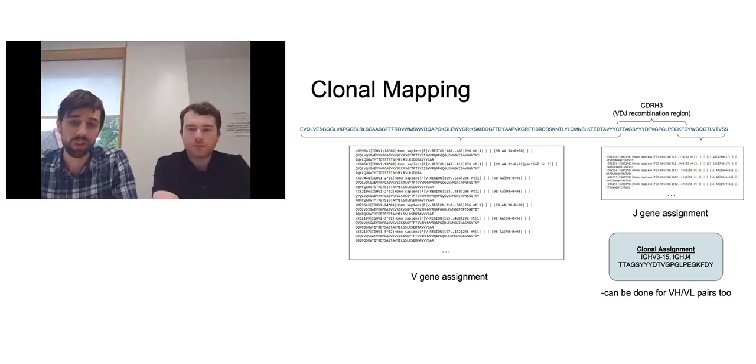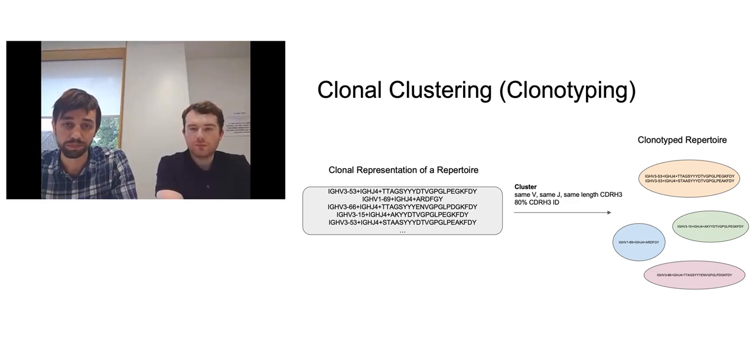This clonal mapping protocol is worth going through in quite a lot of detail because it's a very common technique in the field. The first thing to do is to find the hypervariable CDRH3 that Charlotte mentioned earlier, and take its sequence. Then for the parts of the antibody that are more germline encoded, more genetically encoded, we want to map these back to whichever V and J gene they are most likely from. So we have a probable V gene, a probable J gene, and the CDRH3 sequence. This will define the antibody going forward. And with light chain pairings, we don't have to do it just on a single heavy chain.